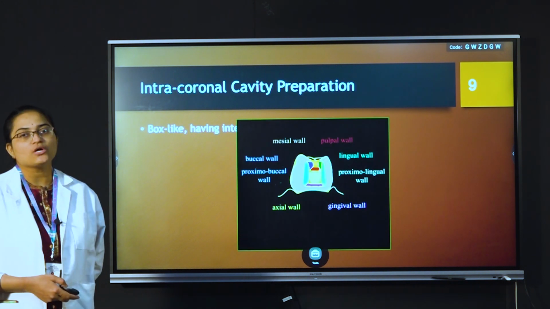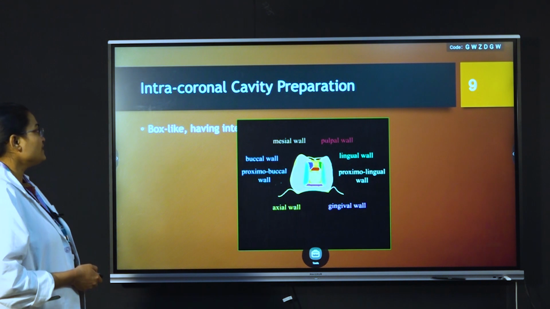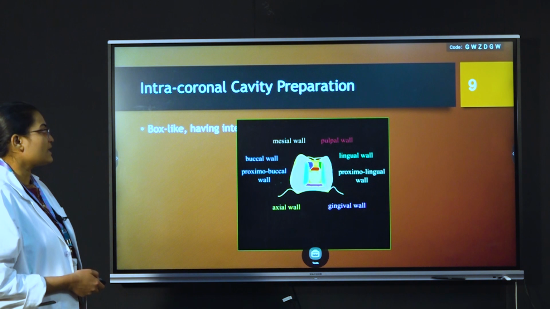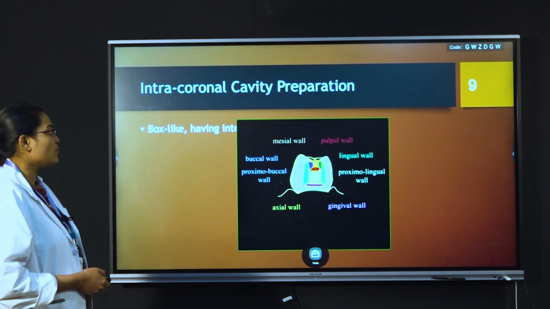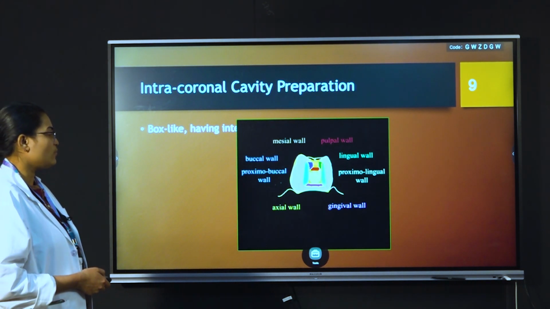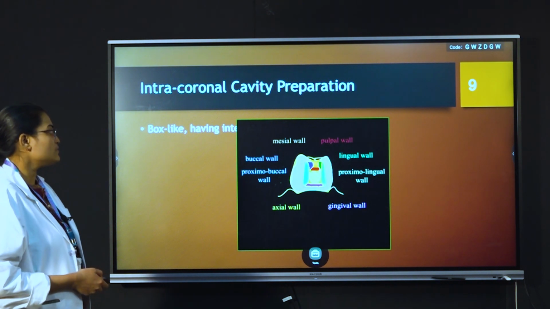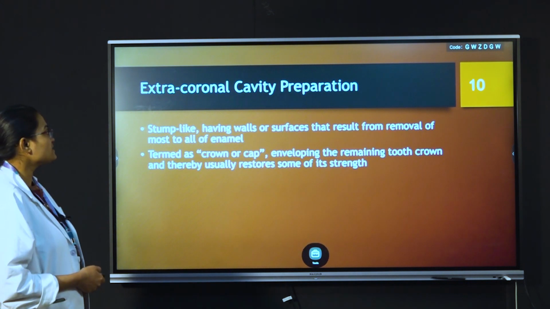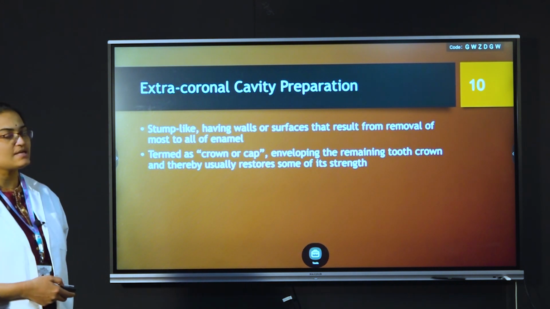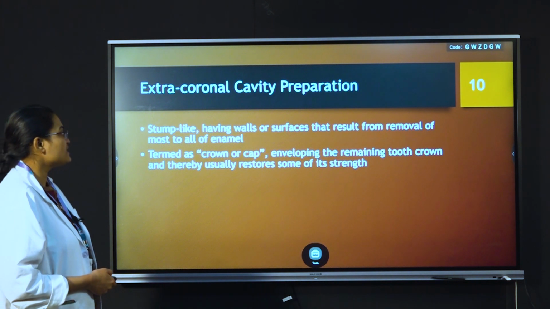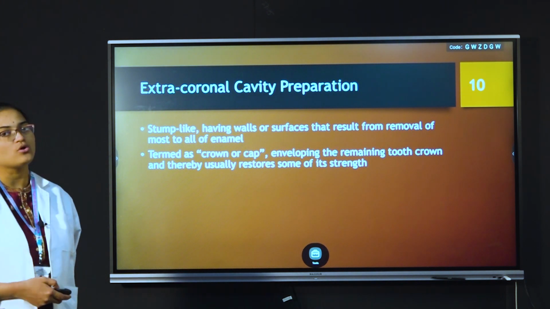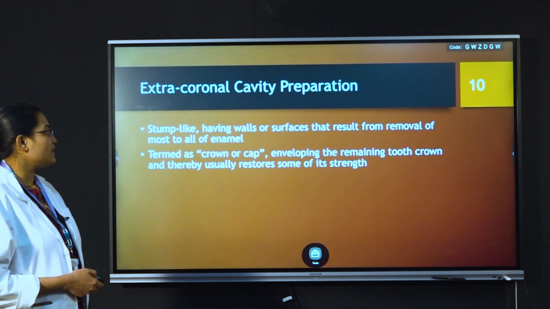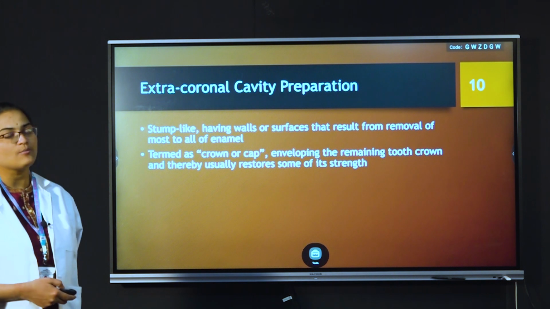When you talk about an intracoronal restoration in detail, these are the parts of an intracoronal cavity preparation. A cavity preparation like a class 2 involves a mesial wall, a lingual wall, a pulpal wall, buccal wall, proximo-buccal wall, proximo-lingual wall, axial wall and the gingival seat. Coming to the extracoronal cavity preparation, it is a stump-like form having walls or surfaces that result from removal of most or all of the enamel. It's termed a crown or a cap